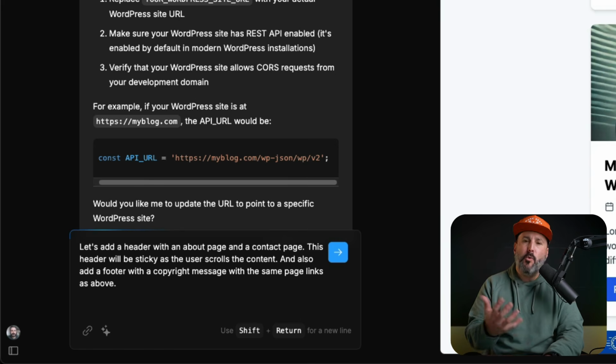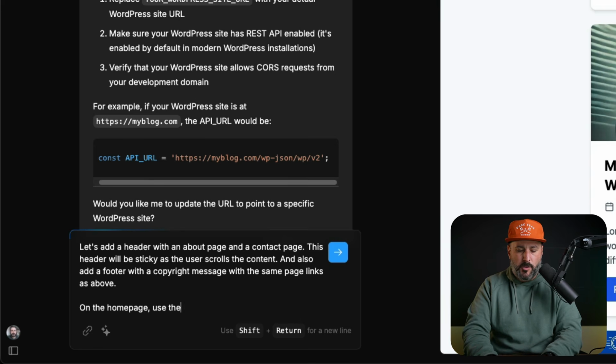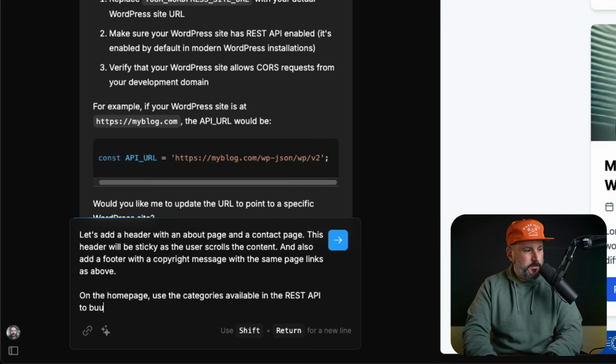Now we're going to add one more feature to this. On the home page, use the categories available in the REST API to build a clickable faceted search so that the visitor can browse